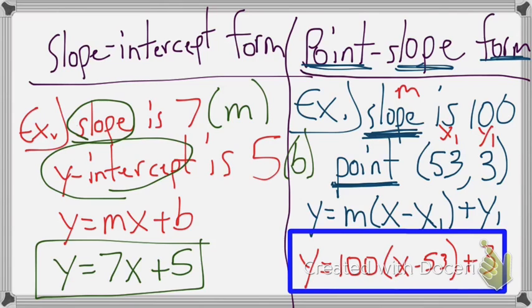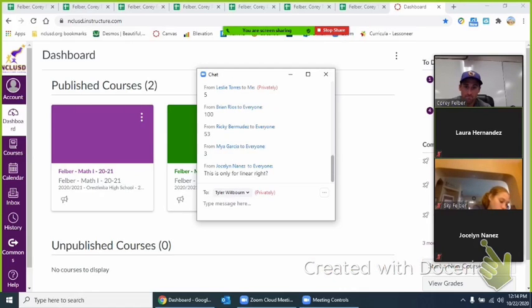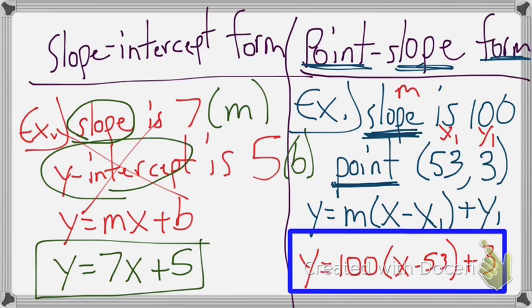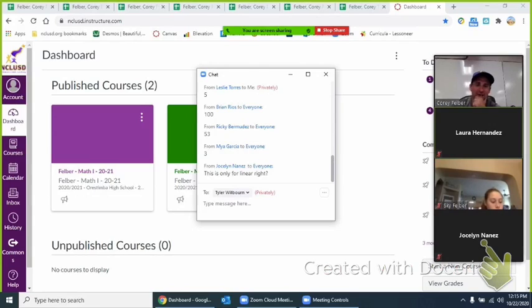So it's just another way to make an equation of a line, a linear equation, when you don't have the y-intercept. Maybe you just have a point on it and the slope. Yes, this is only for linear. Good question. And exponential, we pretty much just do it the same way as those explicit equations. So it's like the first number times the pattern to the x minus 1 power. I don't believe there's any exponential ones on your test, but let's do one real quick, just to review,